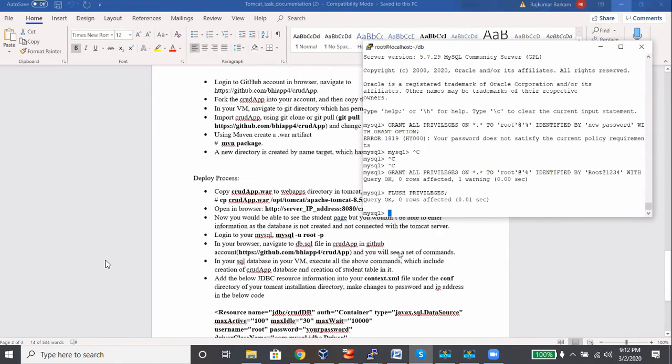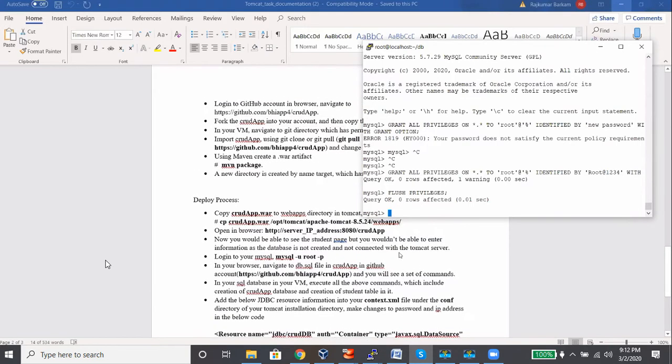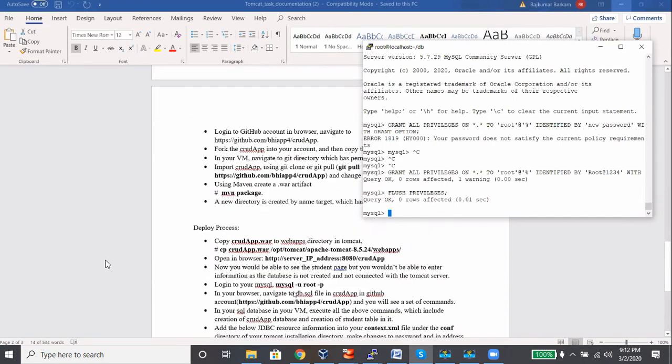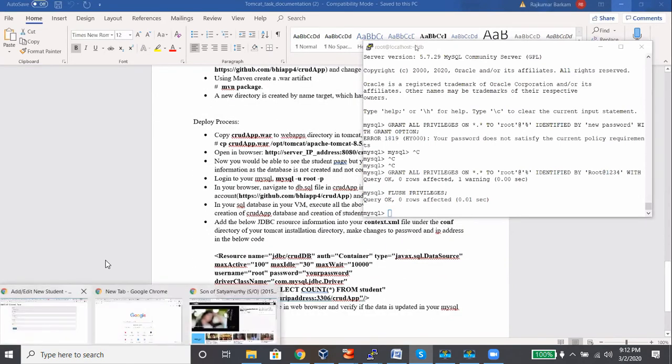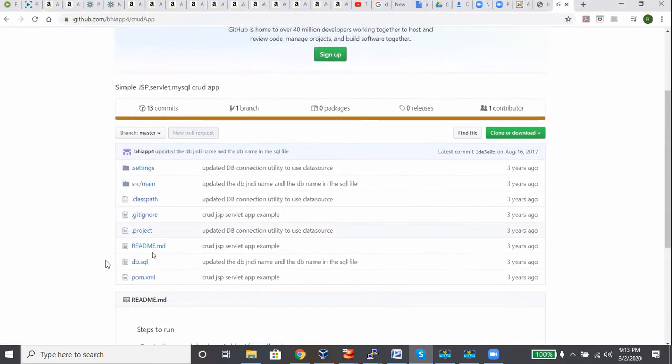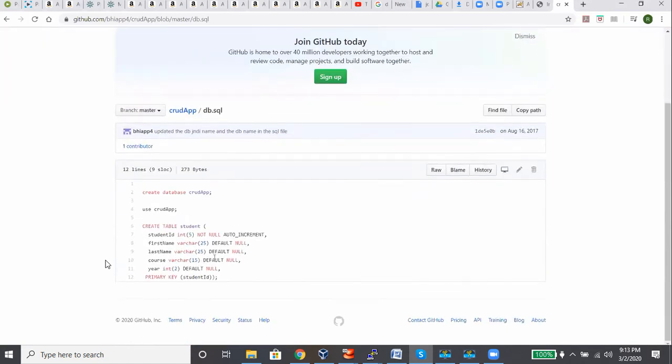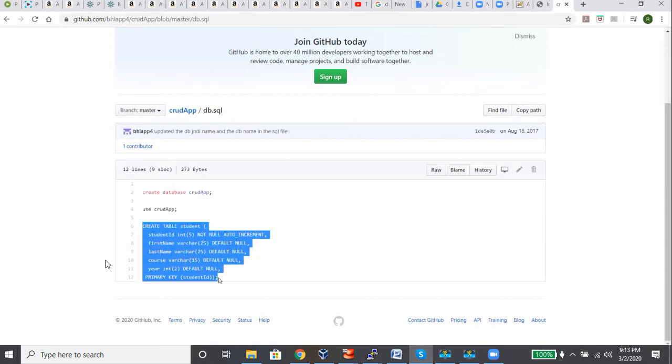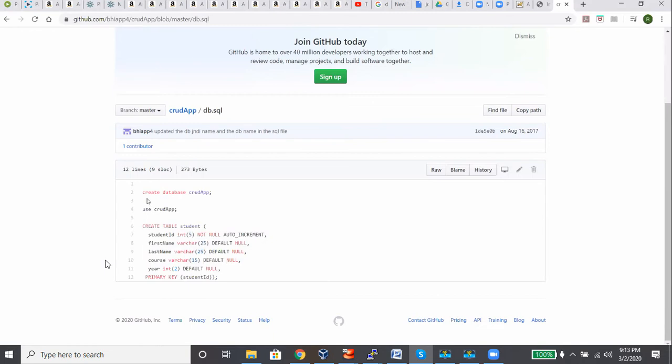Okay. So now we need to create this particular database here. Okay, let me check. The command will be here only. Let me go to GitHub. Within this CRUD app link, you see something called db.sql. You need to execute these queries. Anything which is ending with a semicolon is a single query. This is one query, this is another query, and this is all together another query. Total 3 queries.